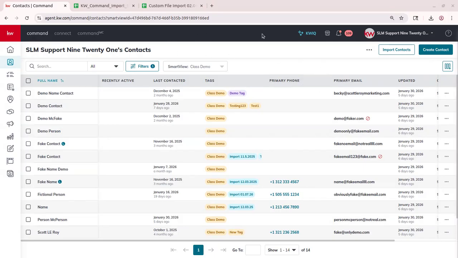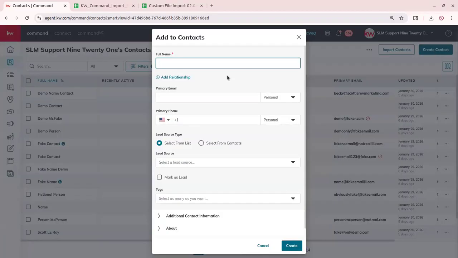And then one other way we can add contacts to our command database is going through and creating them individually, manually. You'll just click create contact in the top right corner. And it's going to pop this up. There's a bunch of fields. Again, the only required field is a name. So full name, and you can just have first name, but we can go ahead and say,